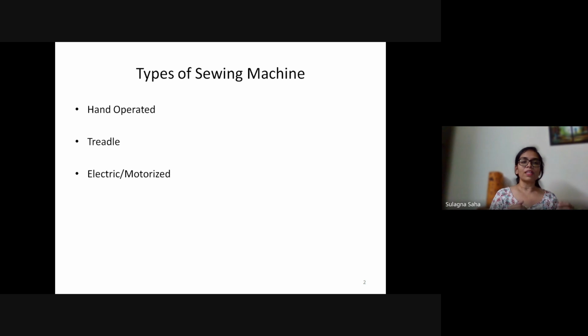You must have realized while stitching, if both your hands are free, it is easy for you to handle the fabric which goes into the needle, which goes into stitching. Finally, what we have is an electric or motorized machine. These can be the domestic types, like the ones we have from Usha, Singer. Currently, the ones we have are nice compact ones with a pedal.